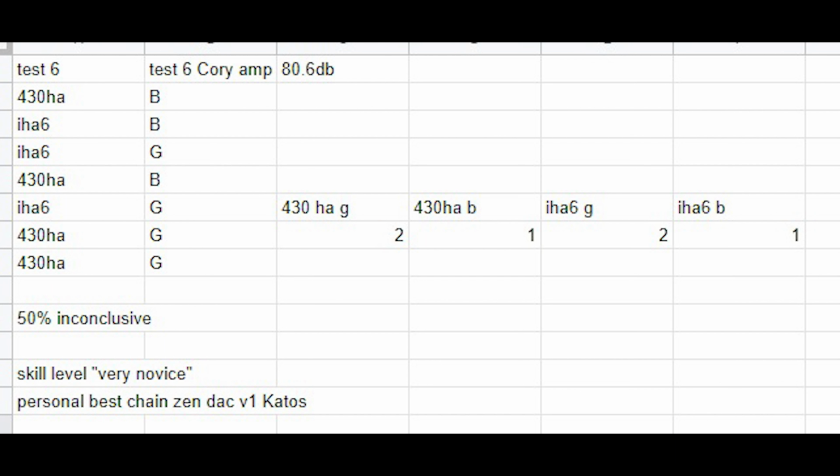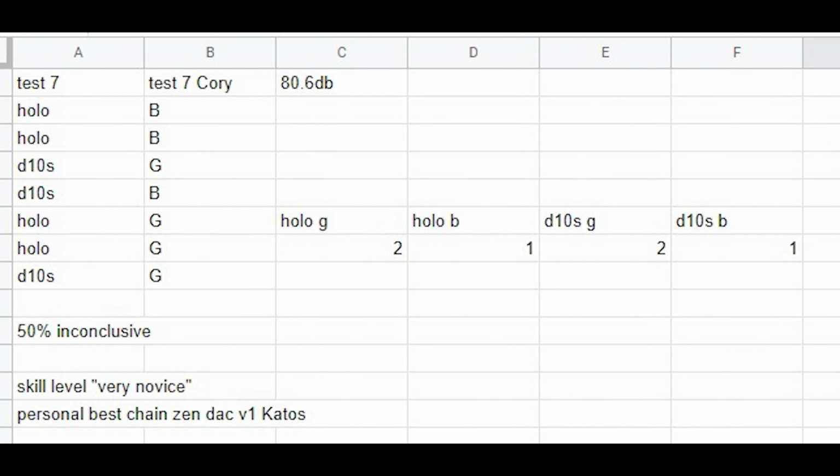He basically could not hear the difference of the amps. On the DAC side, same thing. After the 5th round, he said he thinks he hears a difference, and at that point, he still got one wrong. So still the results, I would say, were inconclusive, which means that at this point in time, he can't hear the difference for the DAC either. So he couldn't hear the difference for the